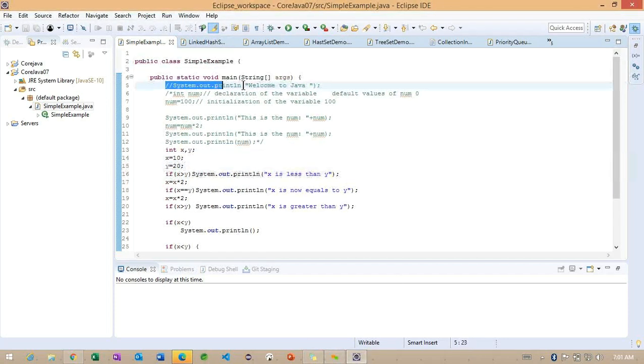Basically, in the last class we implemented how to print some information on our console. And one more thing we implemented here using this conditional: we are trying to provide some control statements.